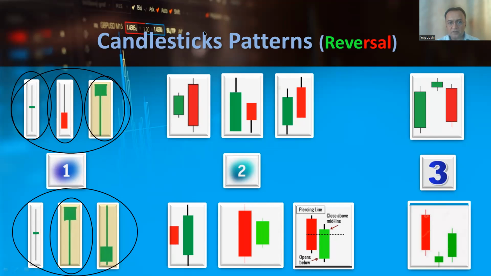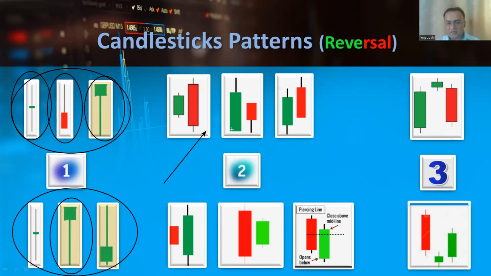If we find this type of pattern in an upward direction, at the top of the chart, it is known as a hanging man. And if we find this type of candle at the bottom of the chart or in a downtrend, it is known as a hammer. This is the inverted hammer. This is not an inverted hanging man; this is known as a shooting star.